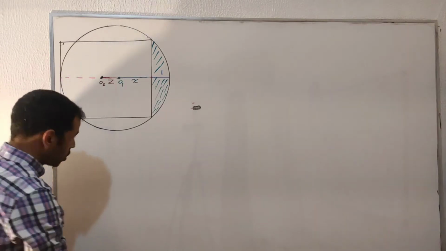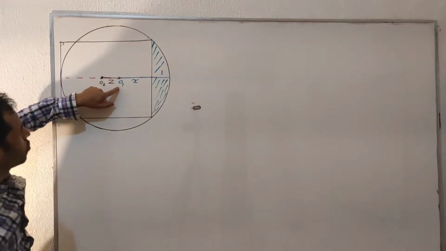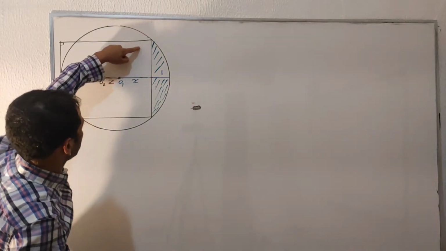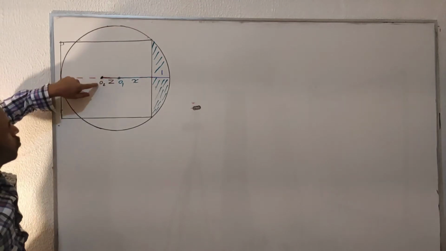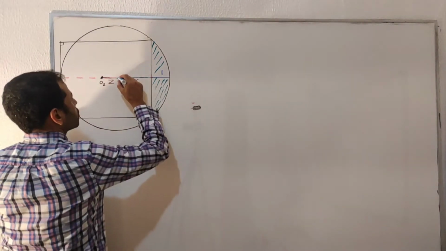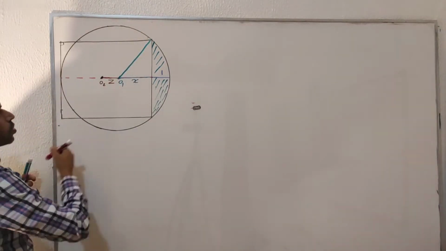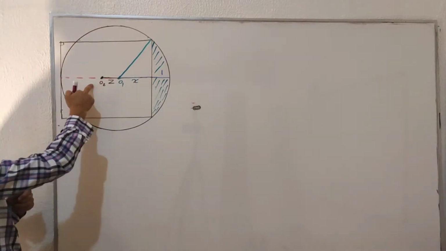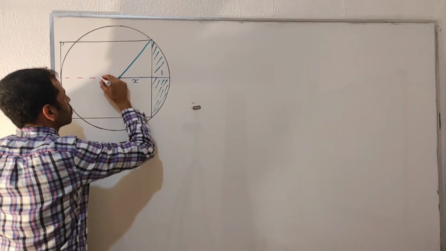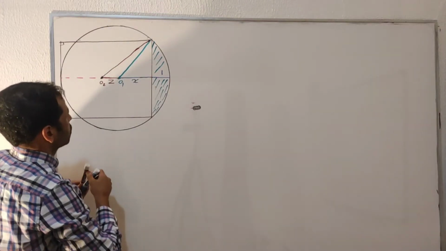X. Now let's draw the line coming from this point, passing through the center of the circle, and draw a second line passing through the center of the square. So I will have the first line, and another line going from the same point, passing through the center of the square, so they share the same point. Let's call this angle alpha,